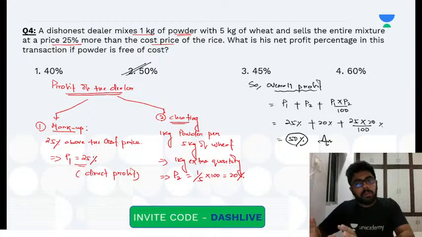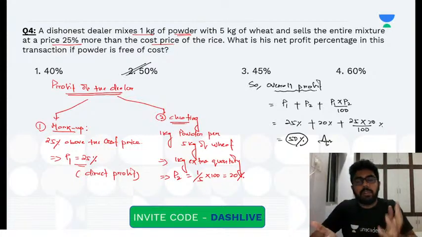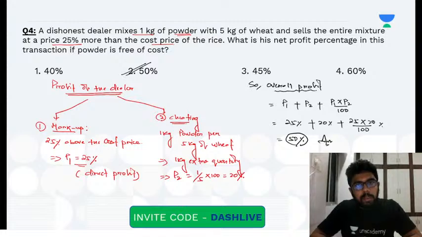That's a detailed normal process to solve this also. It will take you some more time. But if you understand the question in this way, दो profit हो रहा है, सीधा successive percentage change apply करना है. I'll get the direct answer as 50%. This is what is the meaning of smart solving.